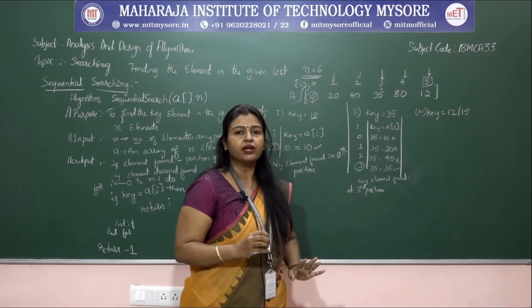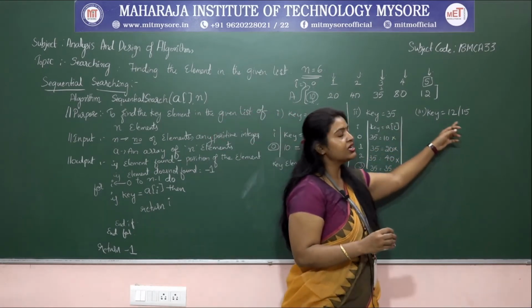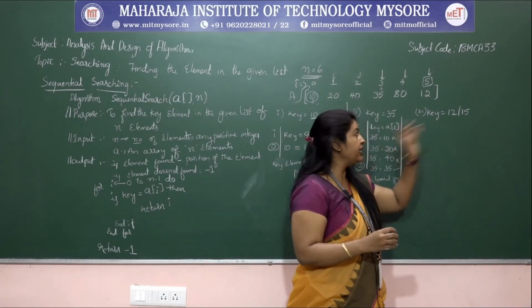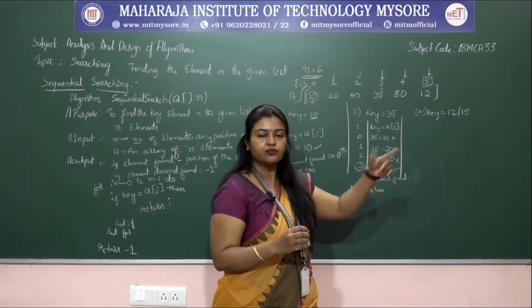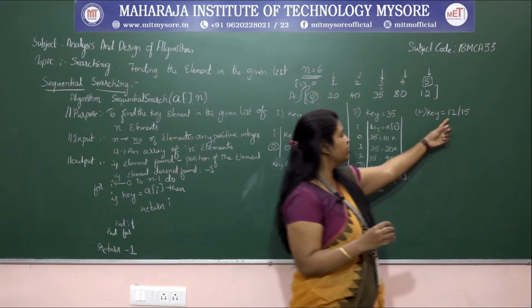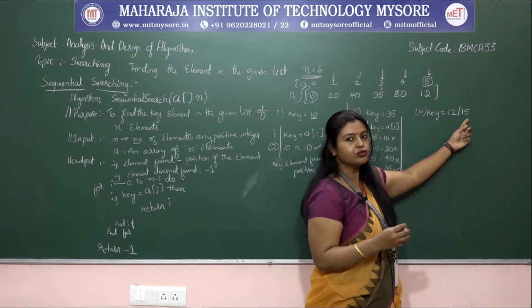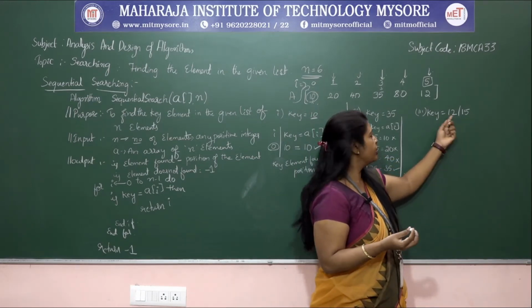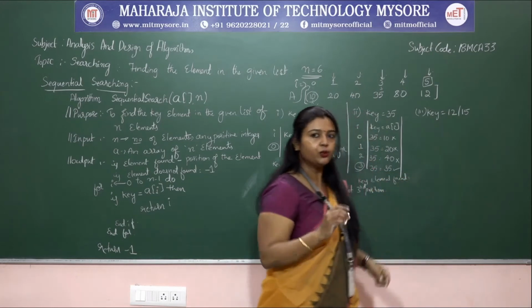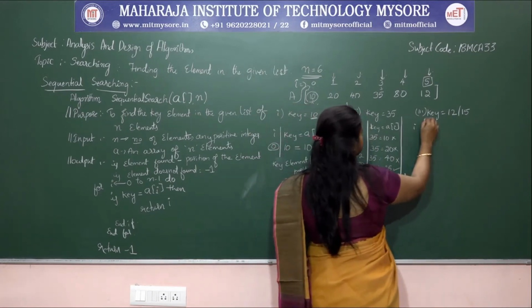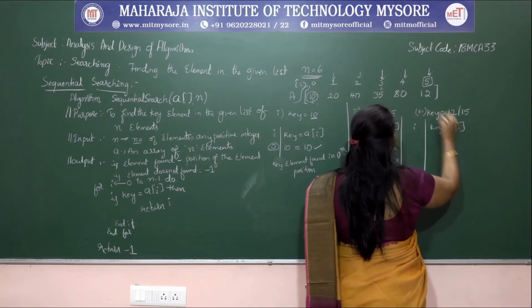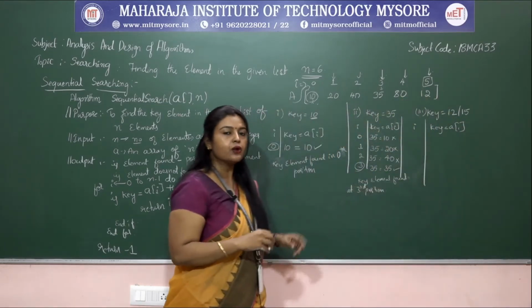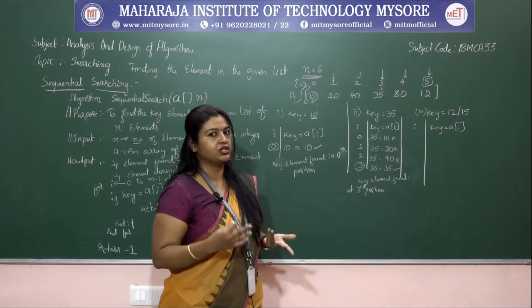Now the third one. Let us take the key value as 12 or 15. So let me take 12. Why? Because here we have two different cases. One is for a successful search, that is 12, and for an unsuccessful search, that will be 15. So let me take 12. Firstly 12. So I and key is equal to A of I. The array values are the same as it is, but the key element has changed, that's it.